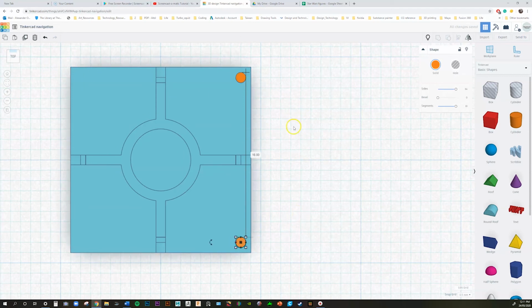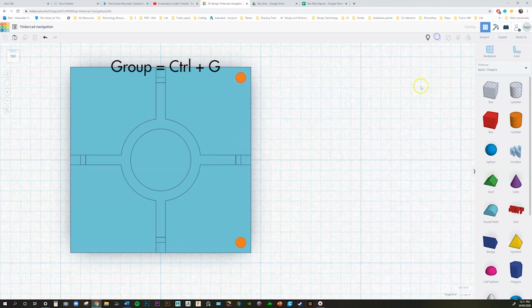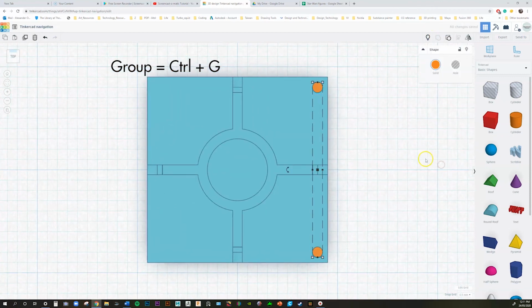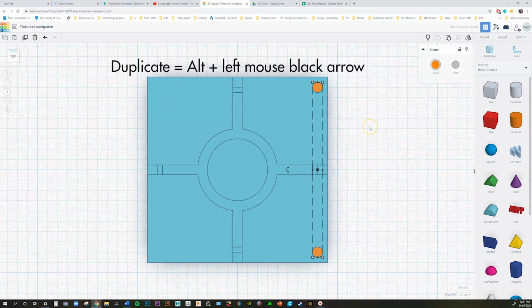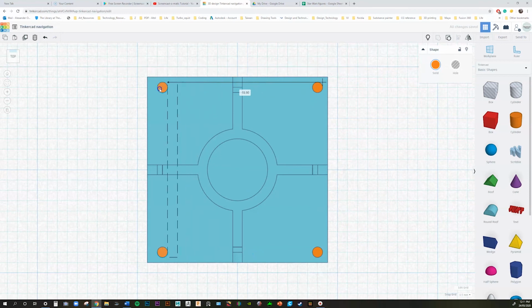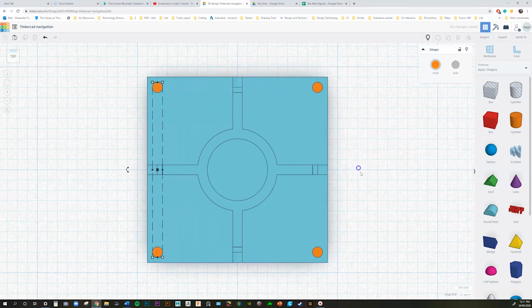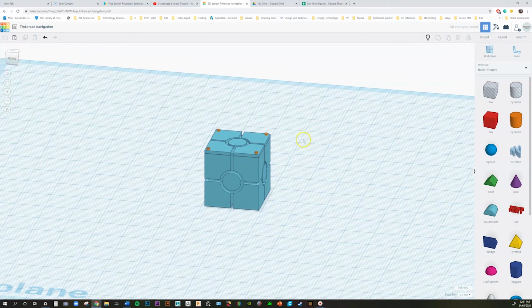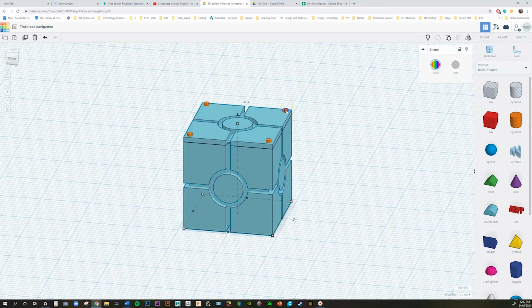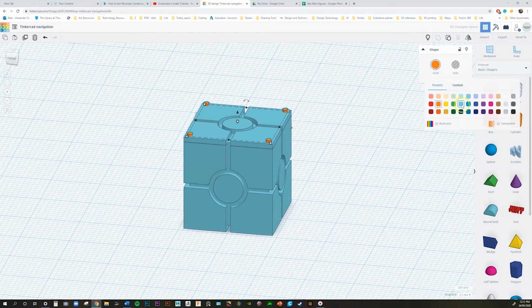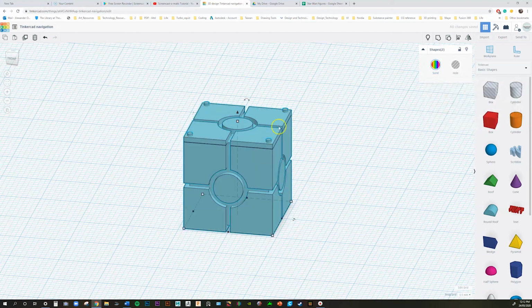I want to do the same thing on this side, so I'm going to left mouse click, hold Shift, left mouse click, group those two. Now to copy it onto the other side, I'm going to hold Alt, Shift, left mouse click and drag and knock that into place. If I want to group these, I can do so here. Control G. May as well change the color while I'm at it. And then I'll group it with